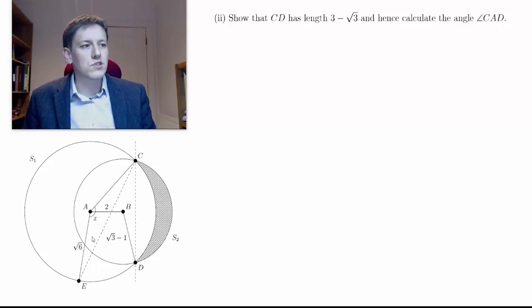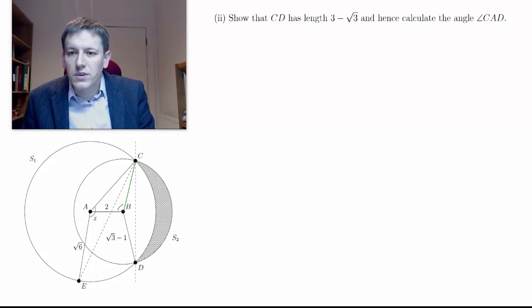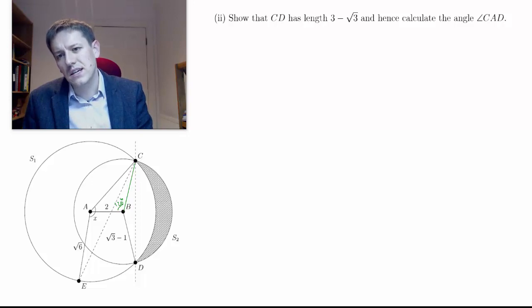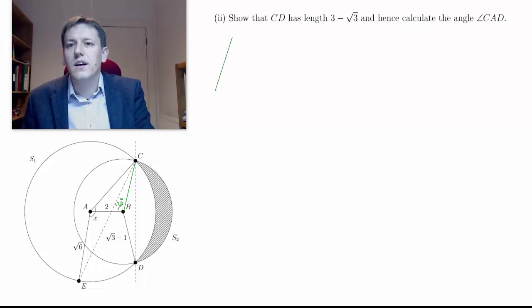But remember, in the last part of the question, let me add in an extra line in here. I'll do it in a different color so you can see it's extra parts that we've worked out. So this one that we just worked out in here was 120 degrees. So if I use triangle CBD, I've immediately got an angle that would be useful. So I'm going to start by doing that. So let's just redraw that triangle